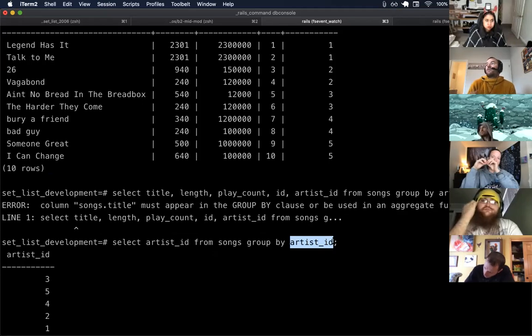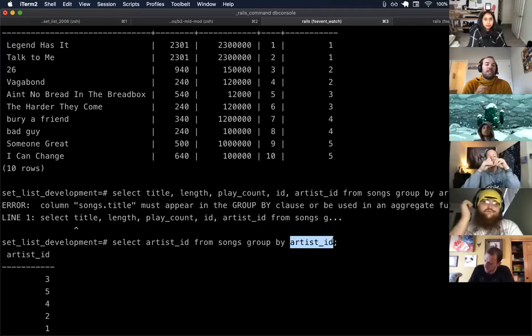All right, so I'm going to take those rows and I'm going to smush them together based on this value. Since I didn't give it an aggregate function here, it's basically just combining them into one. It's like, well, you didn't tell me if you want to sum these or get the average of these. You just told me artist ID. So what I'm going to do is smush rows together based on the artist ID. All right. And so